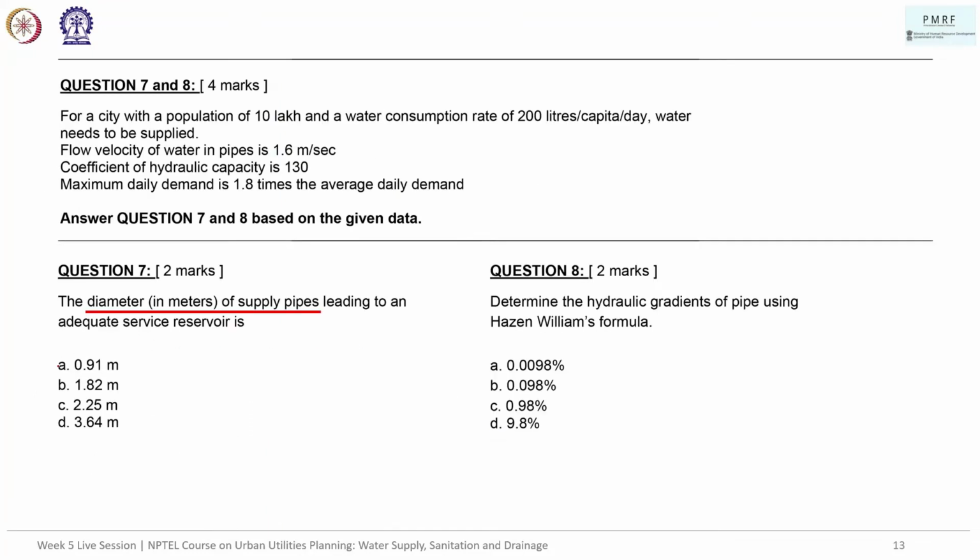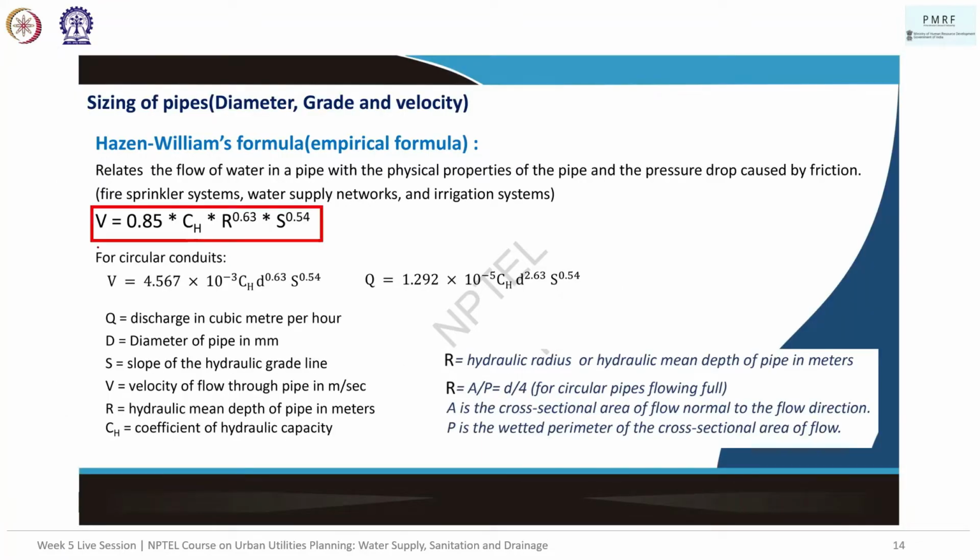So our answer for the first question under this set is 1.82 meters, right? The next question asks us to calculate the hydraulic gradient of the pipe using the Hazen-Williams formula. That is also specified for us. So this will be the Hazen-Williams formula: V is equal to 0.85 into CH into R to the power 0.63 into S to the power 0.54, where V is